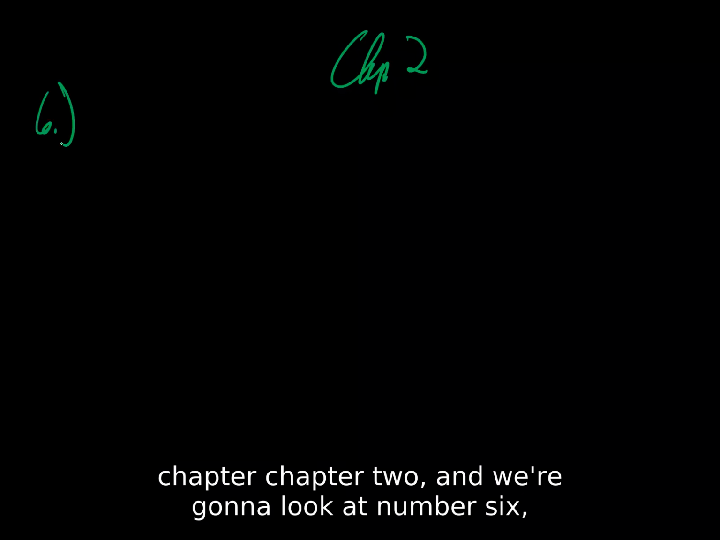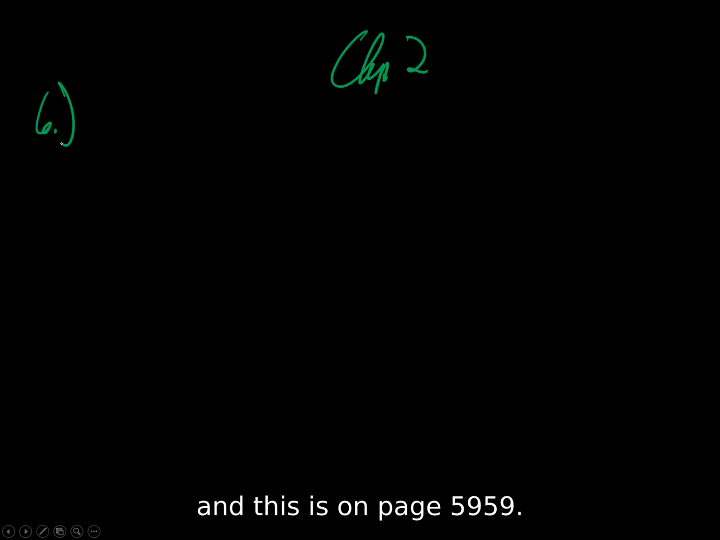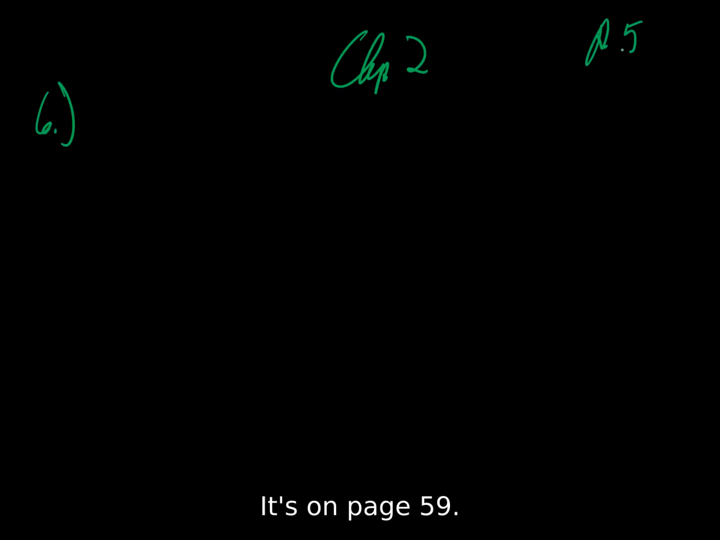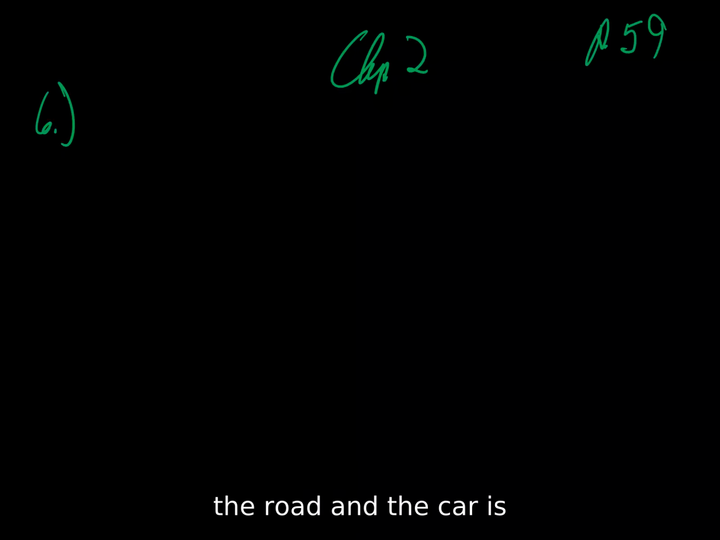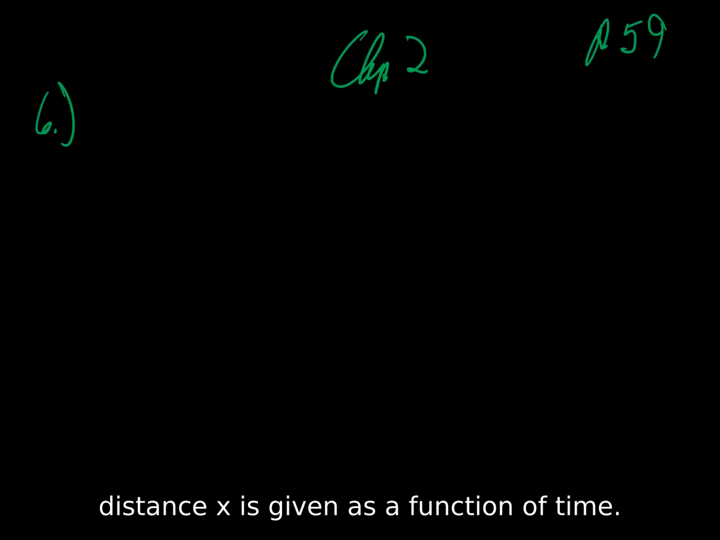Chapter 2, and we're going to look at number 6, and this is on page 59. Yeah, it's on page 59. Okay, so we have a Honda Civic that travels in a straight line along a road, and the car's distance x